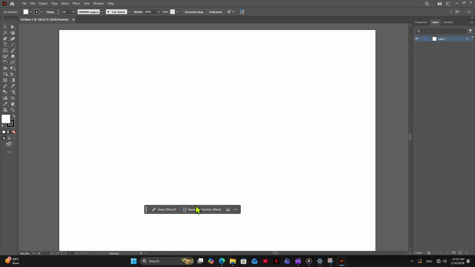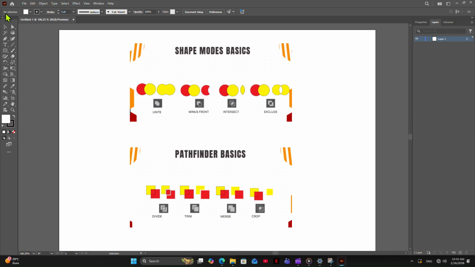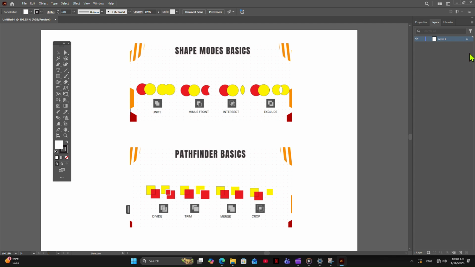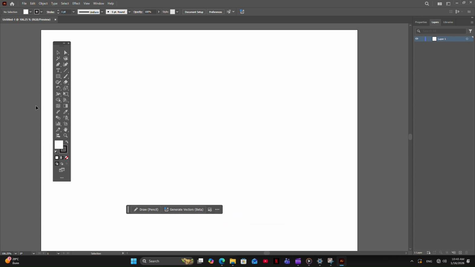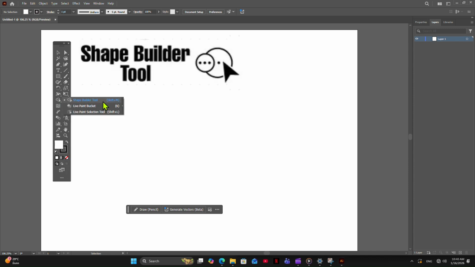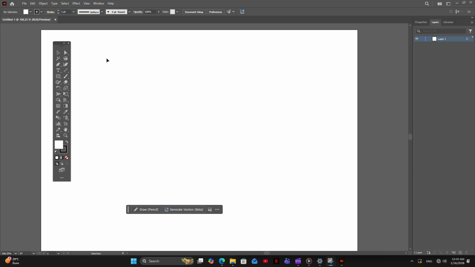Last time, we learned how to create artworks using basic shapes and combine them using the Pathfinder tool. In this video, we're going to learn a tool that gives us more control and more freedom. This tool is called the Shape Builder tool. Instead of relying only on Pathfinder modes, we can visually build a design or artwork that goes beyond what Pathfinder